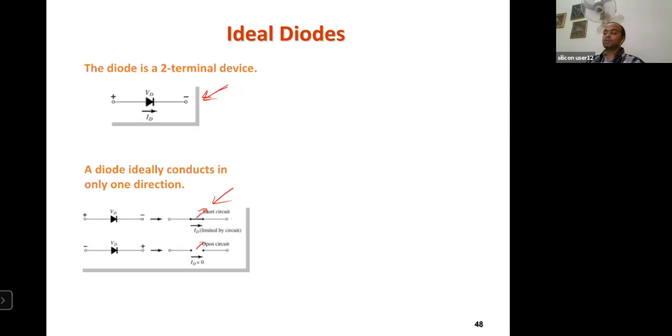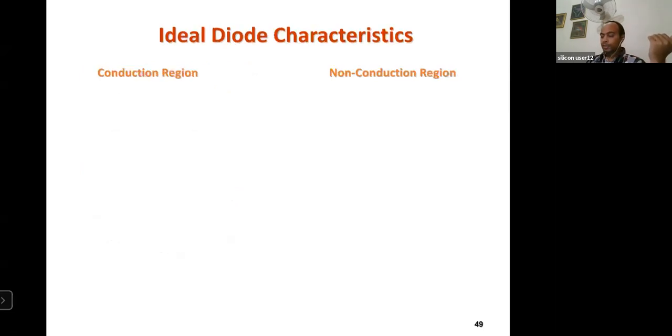Obviously it is not possible to design an actual ideal diode, but theoretically we are saying what is an ideal diode and what is a practical diode. In a practical diode, you cannot say that it is completely short circuited. But in an ideal diode we assume that when the diode is conducting, it is like a short circuit, or the resistance value is 0, and when it is switched off, it is completely open circuited, or its resistance is infinite. So that is just noted here.